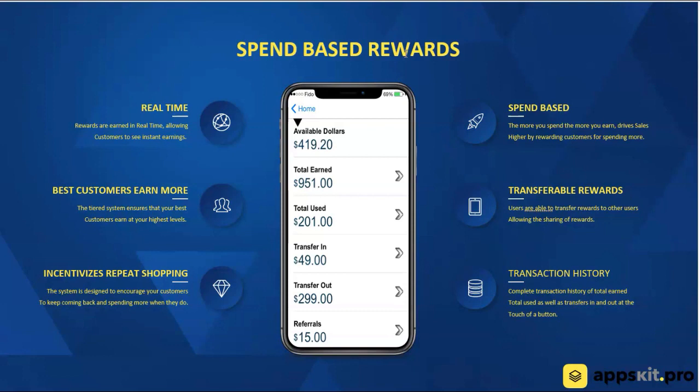How this works, it's transactional-based, so the customer receives a percentage of the sale transaction amount back into their wallet. So this is a wallet screen, and whatever they spend, you can set up different tiers, different levels, and basically assign a percentage of spend back to the customer. So let's say a customer comes in and spends $100 and you're giving them a 5% rebate. They would get $5 back in their rewards platform, and they can accumulate these rewards over time and use